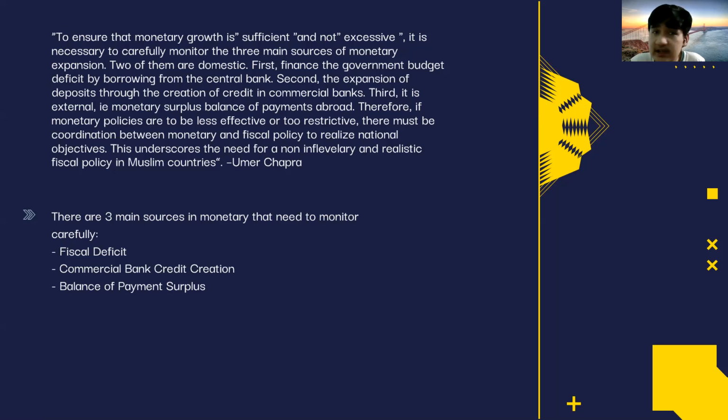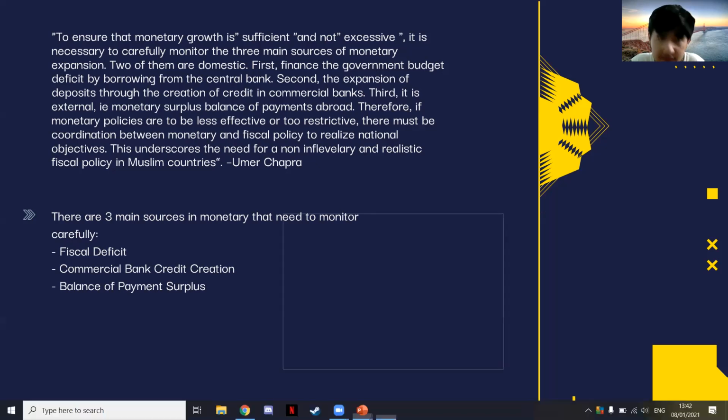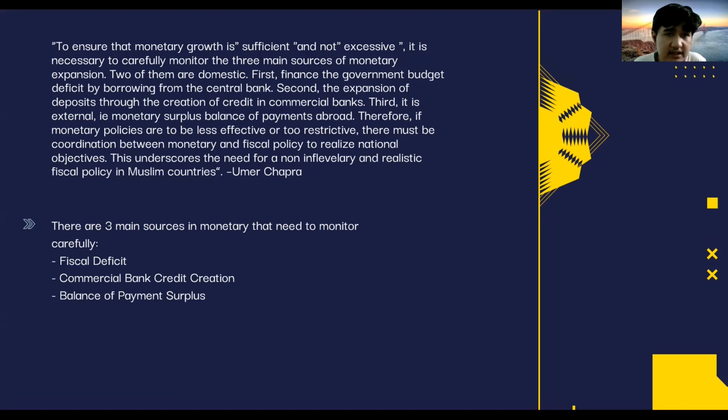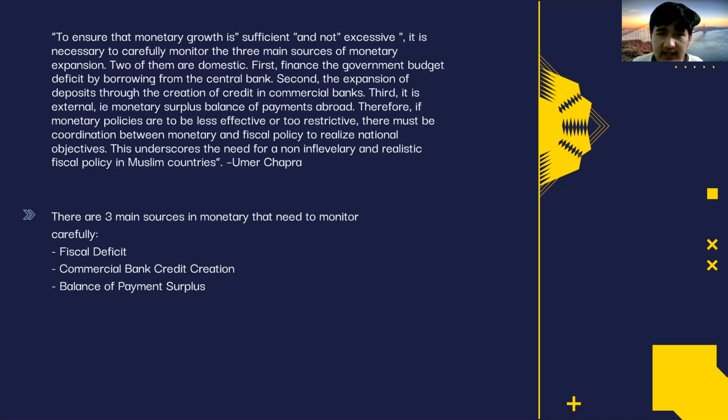Therefore, if monetary policies are to be less effective or too restrictive, there must be coordination between monetary and fiscal policy to realize national objectives. This underscores the need for a non-inflationary and realistic fiscal policy in Muslim countries. That's Umar Chapra. Umar Chapra said that to create an adequate monetary growth climate, in the sense of sufficient and not